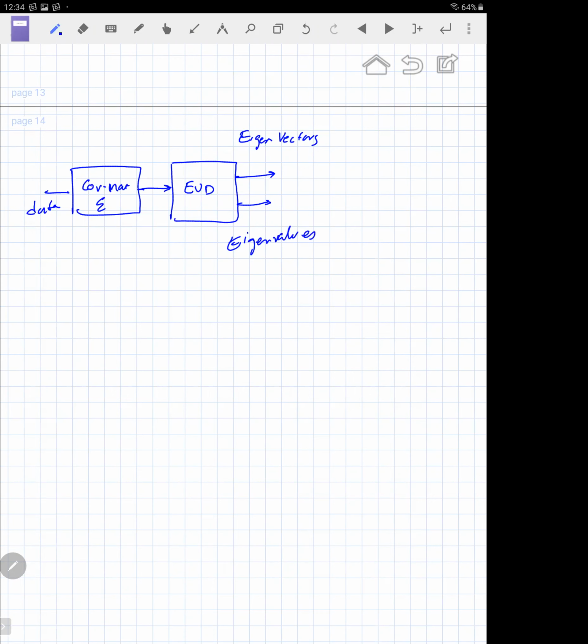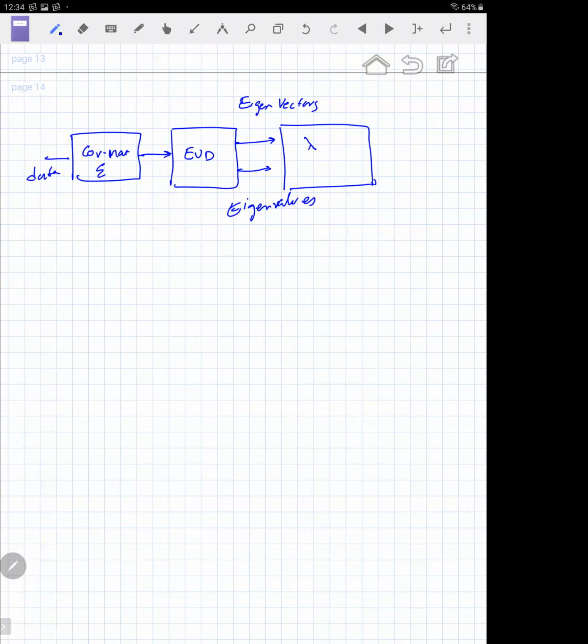The eigenvalue tells you the amount of variance in the eigenvectors. The higher the eigenvalue, the more the variance, and hence the more important that particular eigenvector. That particular direction is more important as compared to the others. Right? So you take the data, you take the eigenvalue decomposition, and then you can decide to say that I have a threshold, say gamma, and all my eigenvalues greater than this gamma are important.